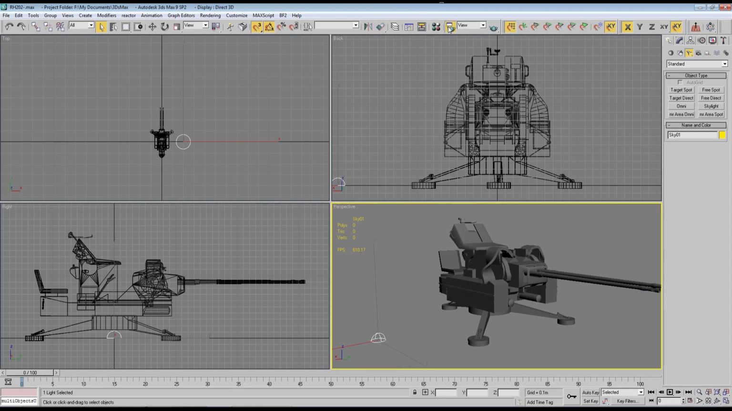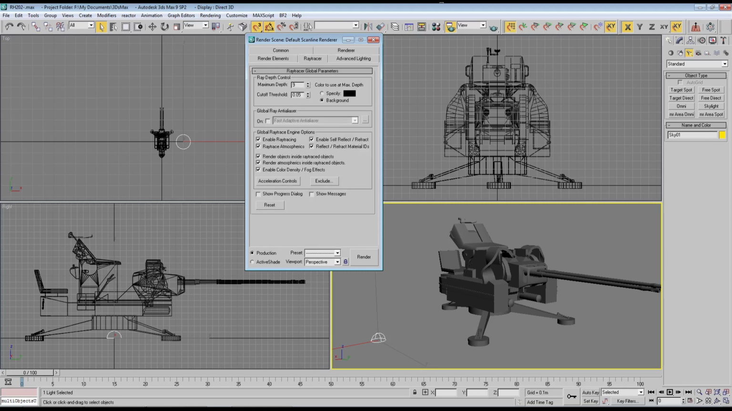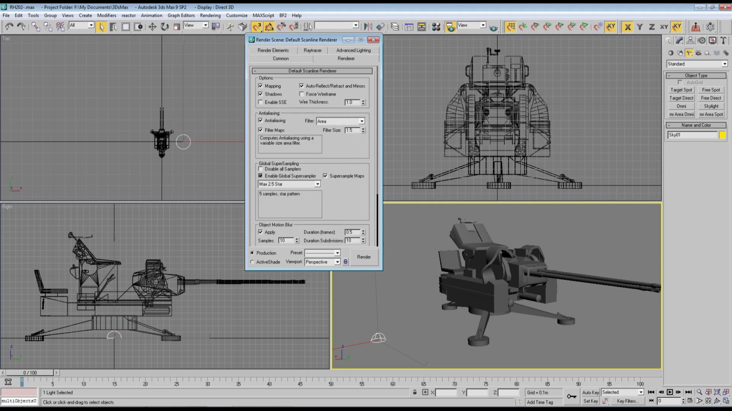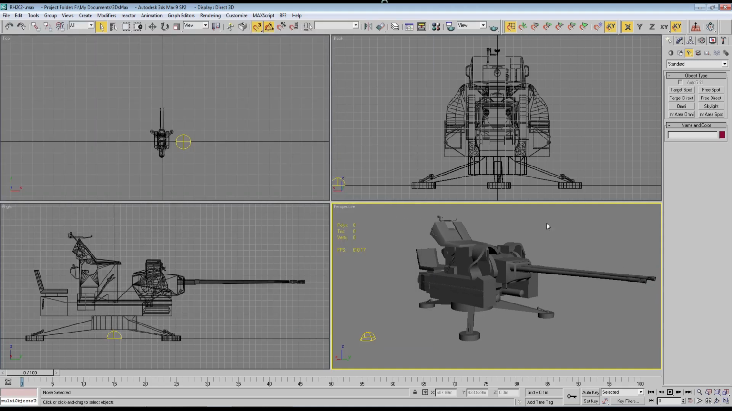Next, let's go to the render settings. In advanced lighting, we want light tracer on, active skylight is 1, and all the rest. For the renderer, we want to enable global sampler and have 2.5 max. And that's pretty much it. So if we save that,